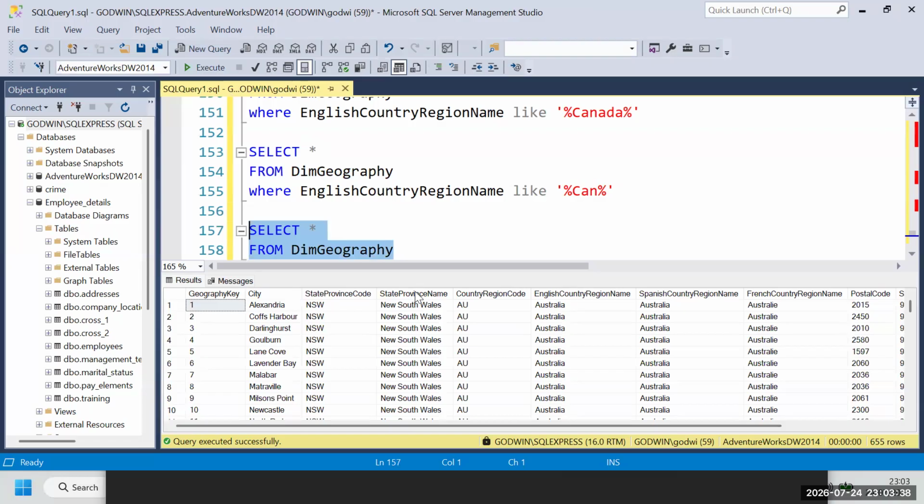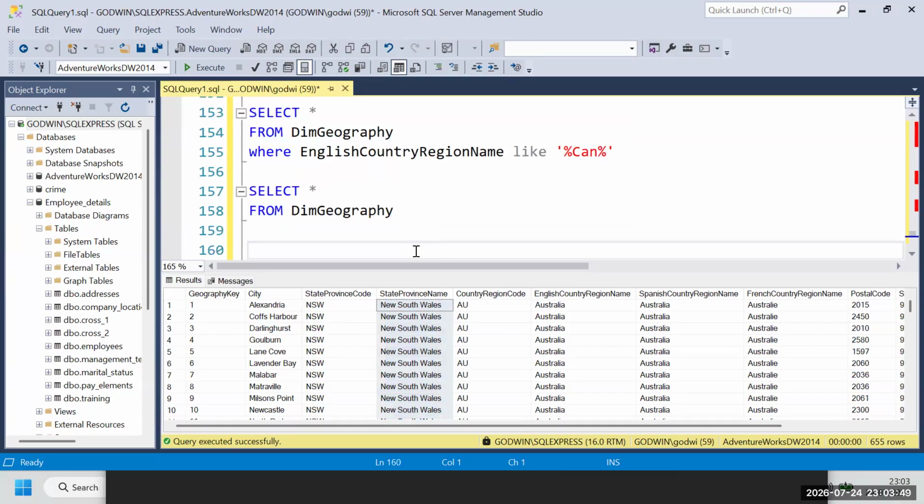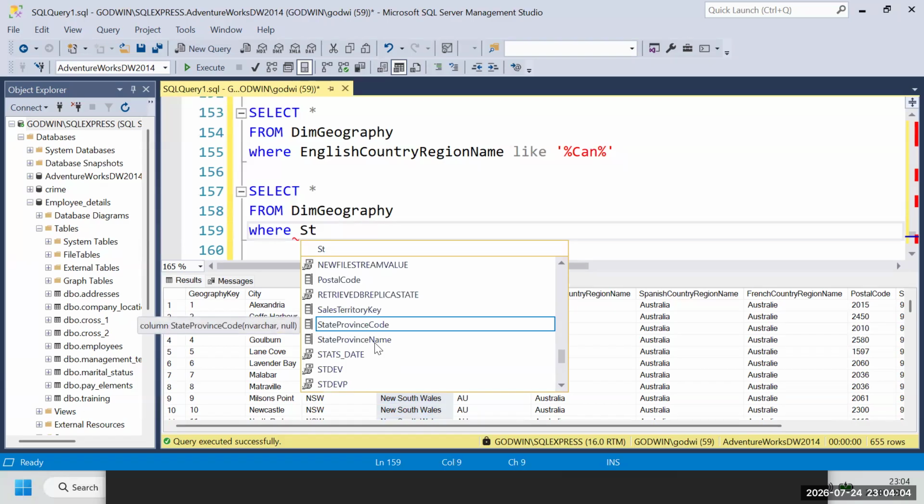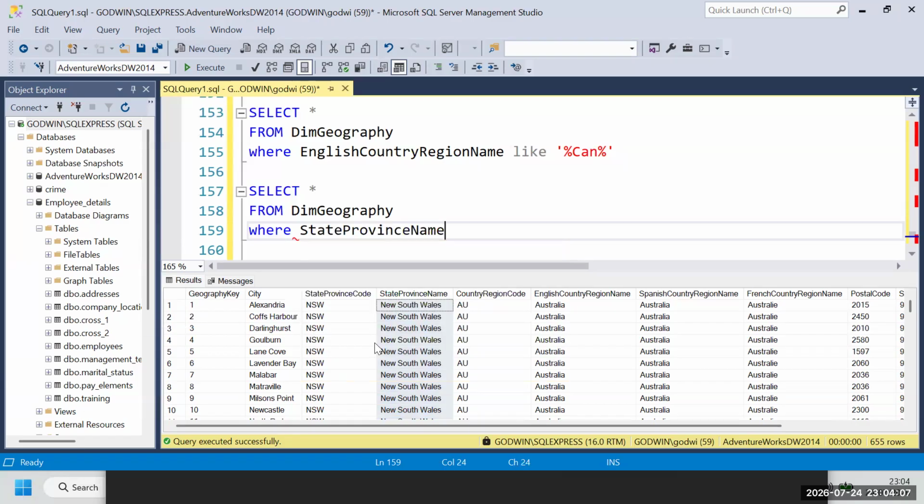We can, for example, use state province name here like this. Yep, we can do that. So let's say we have where state province name like